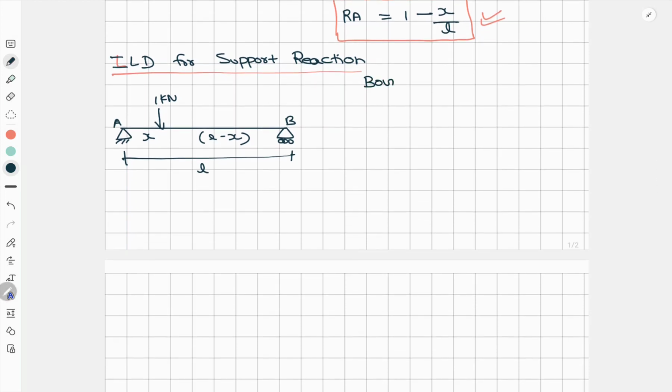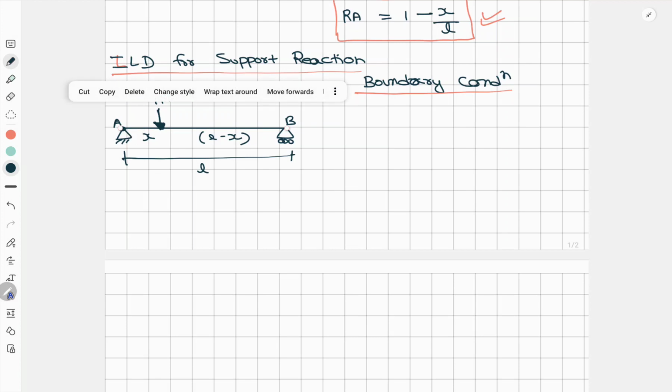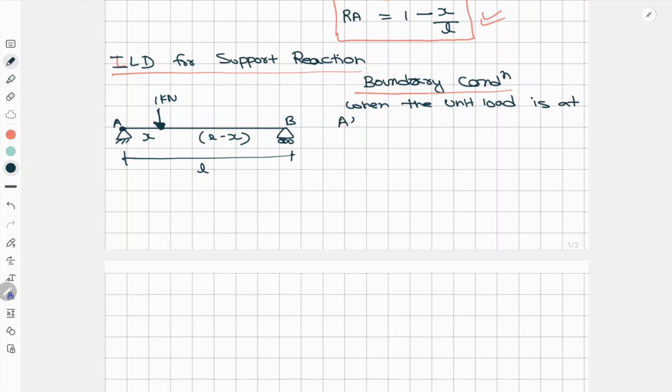So boundary condition. Okay, so we'll consider, say, when this unit load, this is a unit load. Okay, when this unit load is at this point, then what will be the value of X here? So I'll write down here, when the unit load is at A point. Okay, when this load is at this point, then the value of X will be 0,